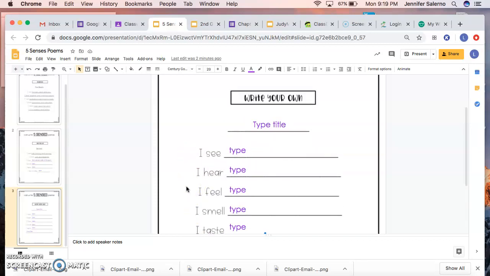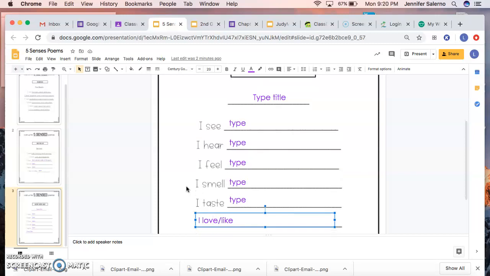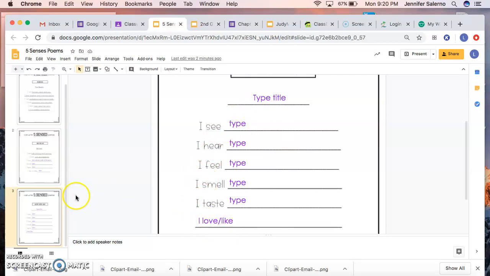Again, it could be, like we talked about, just a normal park. It could be an amusement park that you've been to, a water park, Disneyland. It could be anything, okay? Any place. And then that's what you're going to do, and then you're done. So, again, I'm really excited to see these 5 senses poems, again, to see how creative you're being. If you need any help, you have any questions, please reach out.